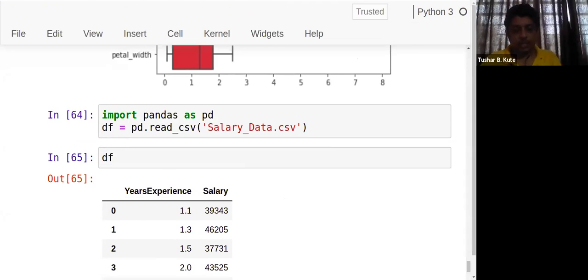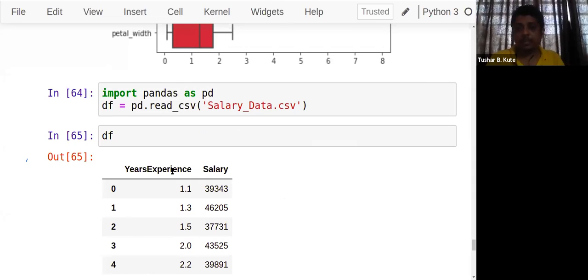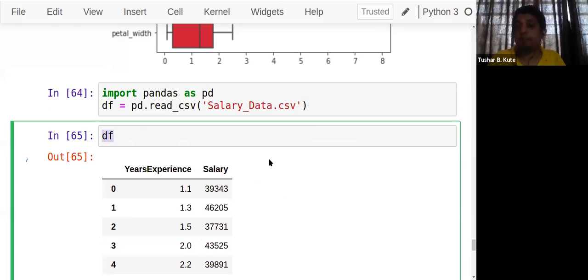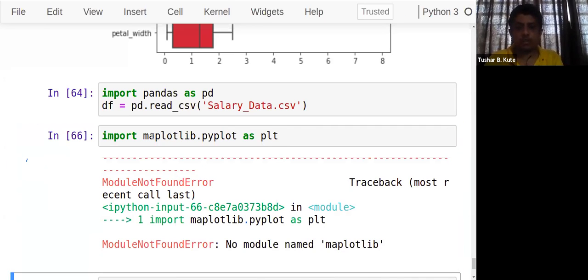Okay, let's see that. So this data I'm having, experience and salary are incrementing with each other. First of all, I'll show this data with the help of matplotlib, and then we'll check the same data with the help of Seaborn. Sorry, matplotlib.